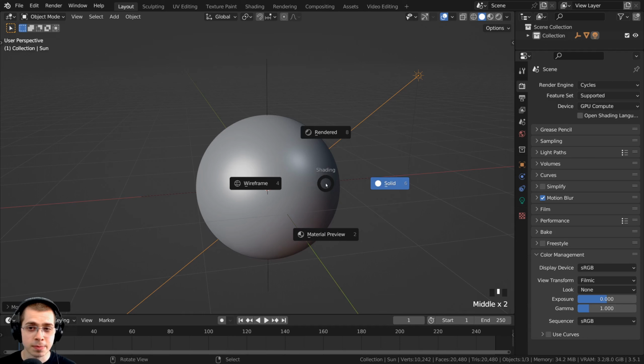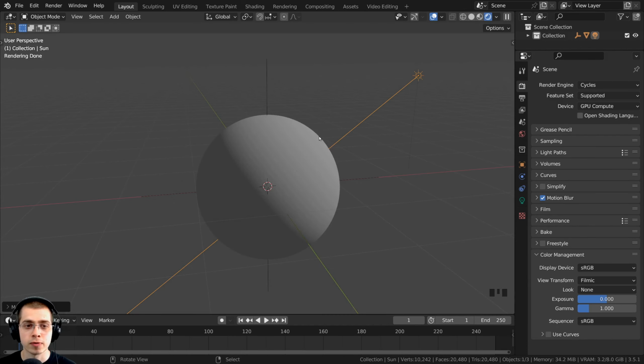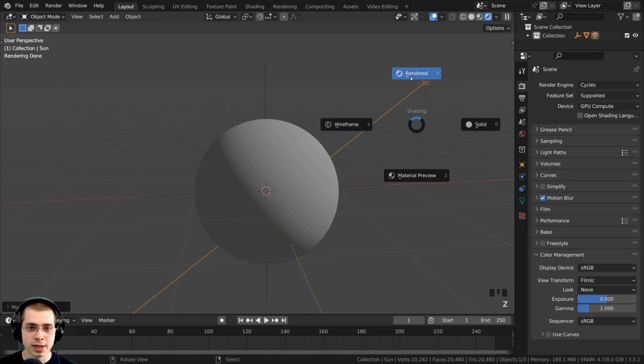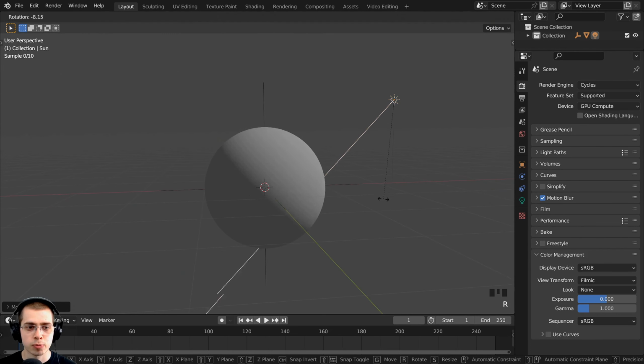So I'm going to hold down the Z button, and I'm going to move my mouse up into the rendered view, and I would definitely recommend using the Cycles rendering engine in this tutorial because this material is a little bit laggy in Blender Eevee, and I'm also going for realism, so I would definitely recommend using Cycles for this tutorial. So just hold down the Z button and go into the rendered view